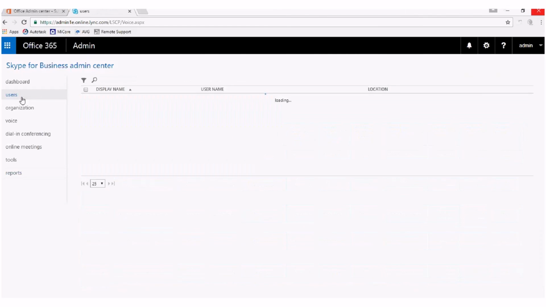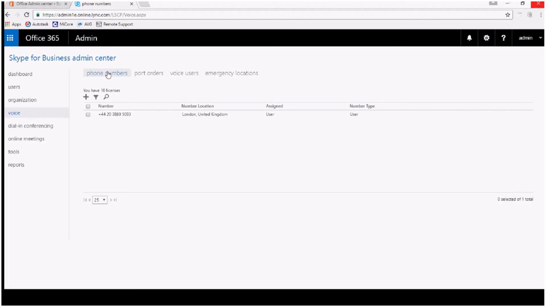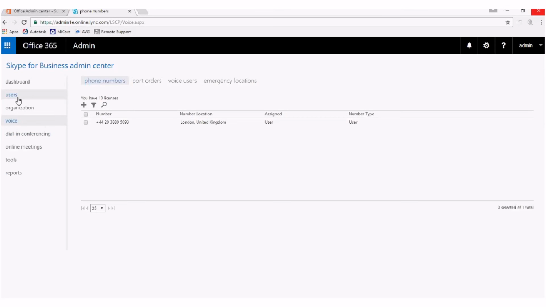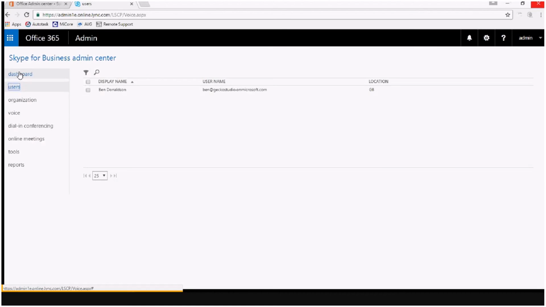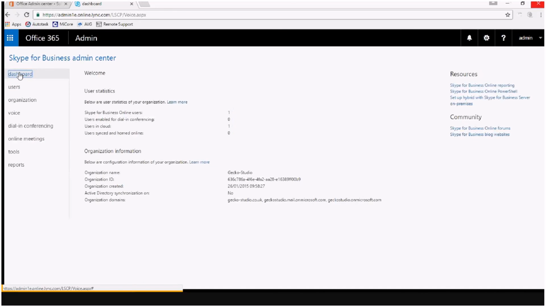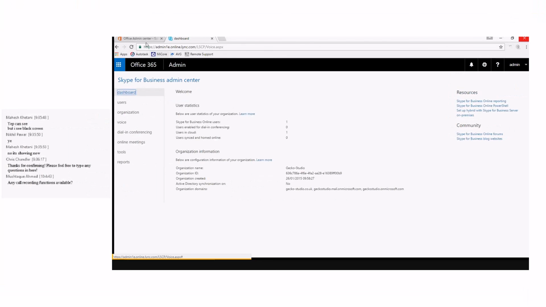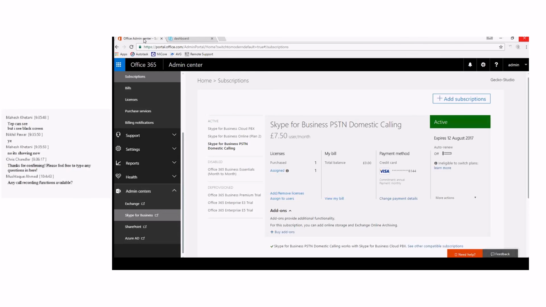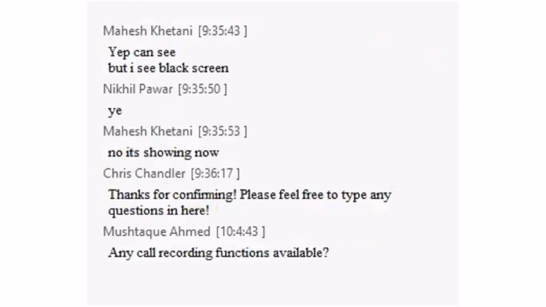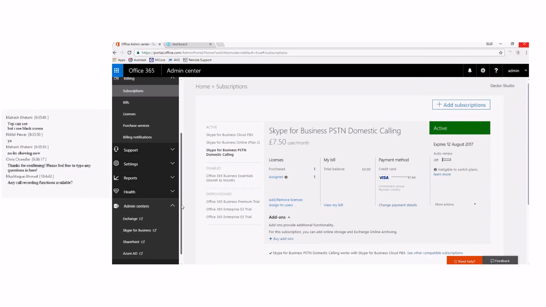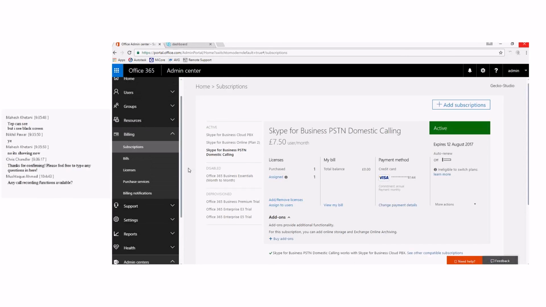And all your user administration and enablement is done in the Voice tab. Everything else is not unique to Voice and is available to you if you decide to take out a subscription or trial tenancy, which includes Skype for Business and doesn't even have any Cloud PBX licensing involved. On trial licenses, I've exhausted all mine, I think. But if you haven't already done so and you'd like to see more about what's available to you in Skype for Business Office 365, or 365 in general, then it's definitely worth signing up to a tenancy, signing in, coming to the subscriptions tab, and taking a look at what's available to you under